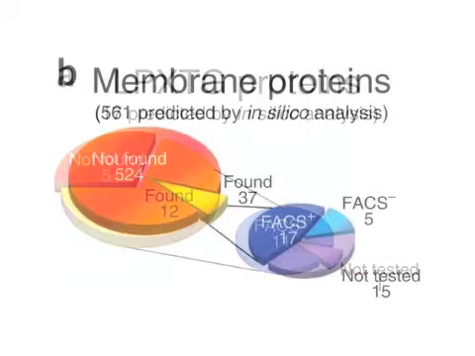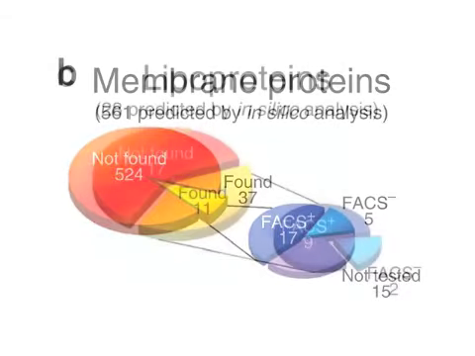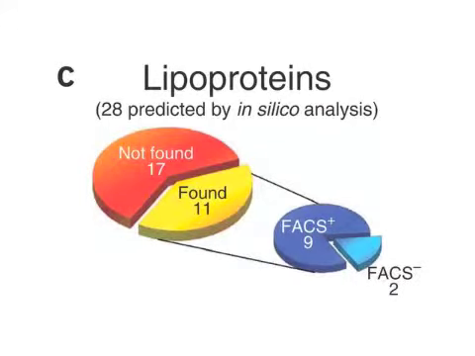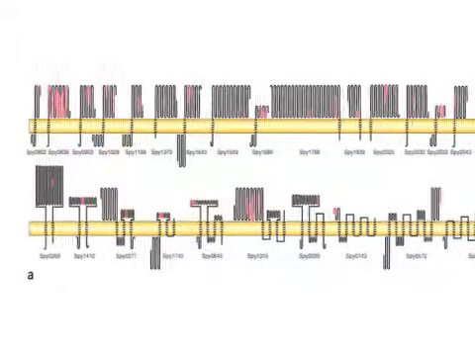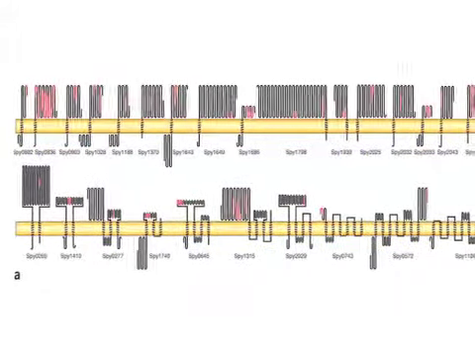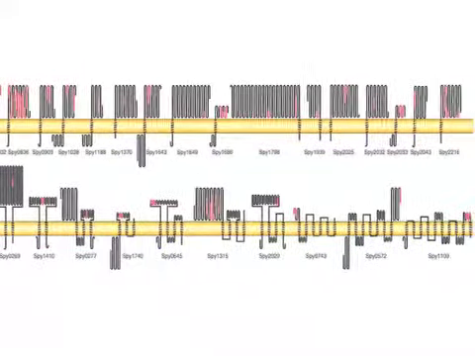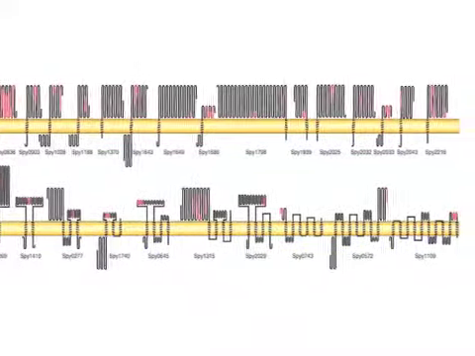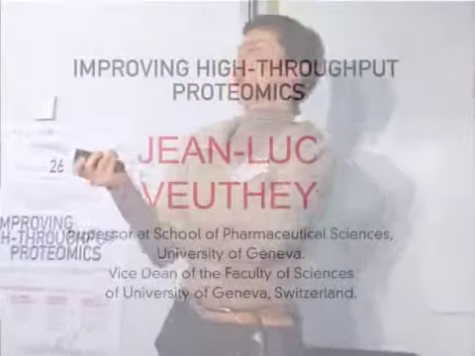So these methods rely on the shaving of the surface of live bacteria with proteases. This means that we start from a bacterial culture, then we use trypsin or other proteases to cut all those proteins or protein domains that are protruding from the cell surface. So in this way,